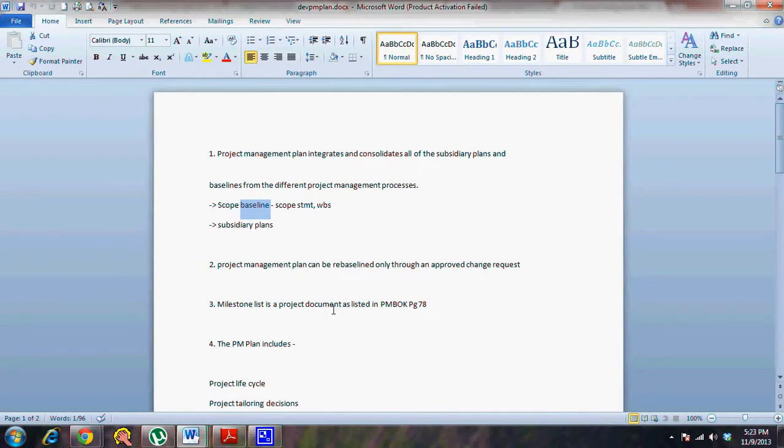So this also is based on the project management plan, because all the baselines find their place in the project management plan. If there is an impact on the schedule baseline and you try to accommodate that, then you have to see whether time and cost are affected or not. So the master plan is one place where you can look at all this and make decisions. So the project management plan can be re-baselined only through an approved change request. This is applicable to most of the plans where you